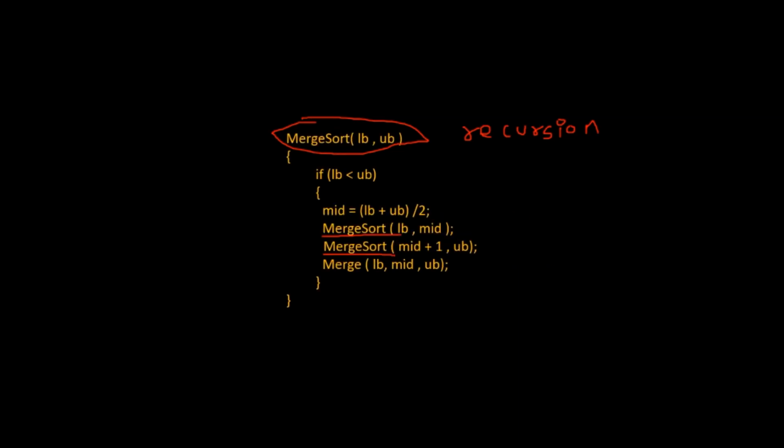So that's why the algorithm says that you call merge sort for the left part and you call merge sort for the right part, right? For merge sort of the left part, the lower bound is 0 and in your case the upper bound is 7. When you calculate the mid, 0 plus 7 divided by 2 is 3. From 0 to 3 you have got one array, and from 4 to 7 you have got another array, and on both these arrays you have followed the procedure of dividing.